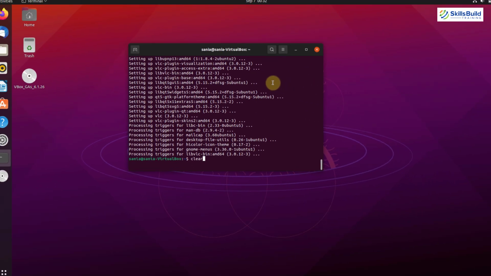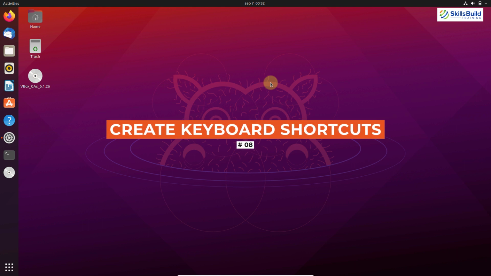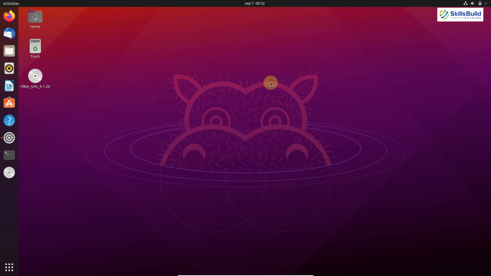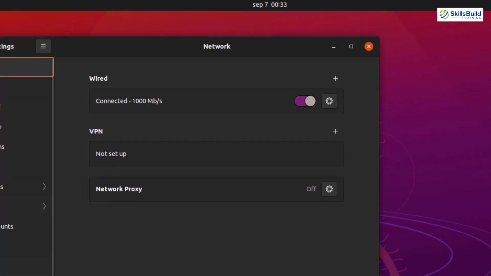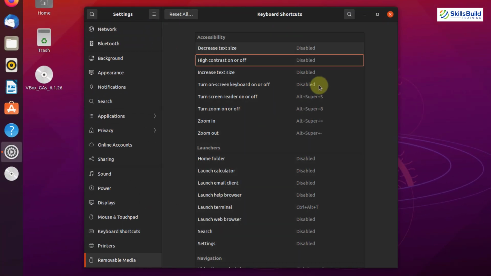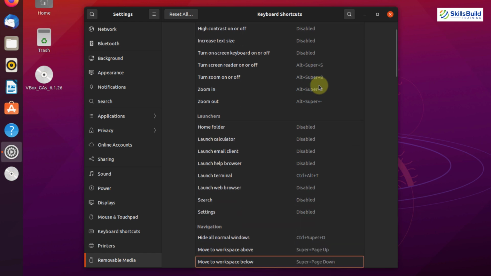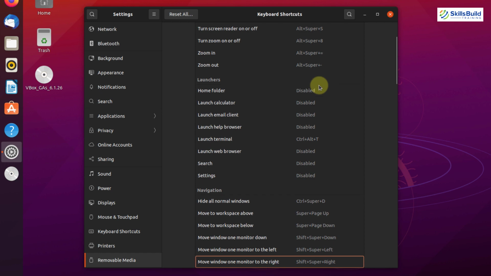Now clear the terminal. Moving towards the next thing, that is set up keyboard shortcuts. Well, one of the things I like about Ubuntu is that you can configure keyboard shortcuts per your need. So for that, go to show applications and from here, search for settings. And now here you can see keyboard shortcuts. You can set up keyboard shortcuts for playing the next song, opening an application, switching between multiple application windows and for many tasks. Configuring keyboard shortcuts is simple and easy, you can configure it from here.